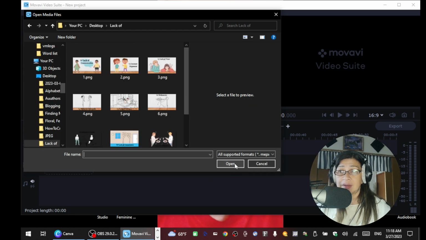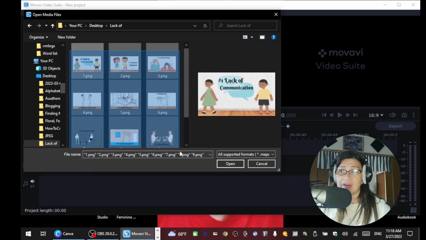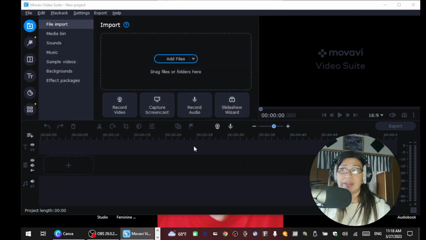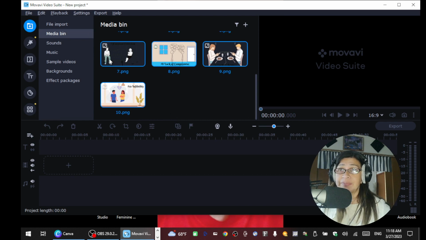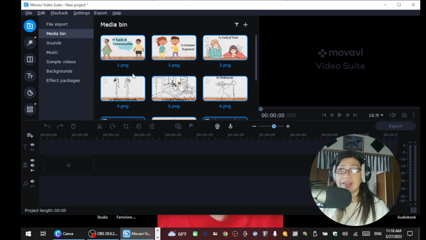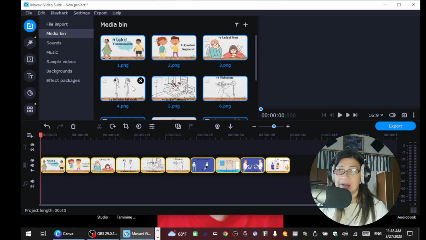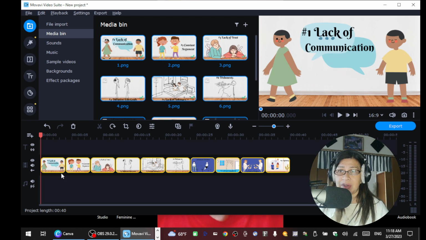Open it, and you will see here all of the templates that you made. Okay, so I think I might just get all of this and open it into my, there you go, onto my editing software. All right, so now I'm going to put them one by one here. I'm going to line them up here, all of those from 1, 2, 3, 4, 5, 6, 7, 8, 9, 10. So I have 10 templates here.